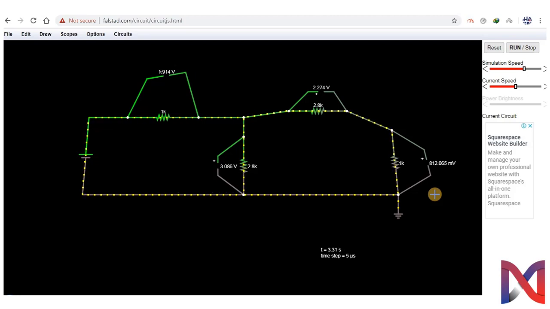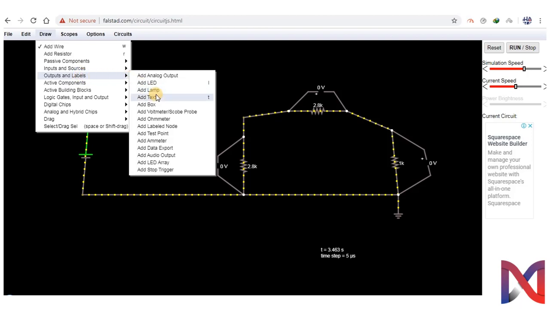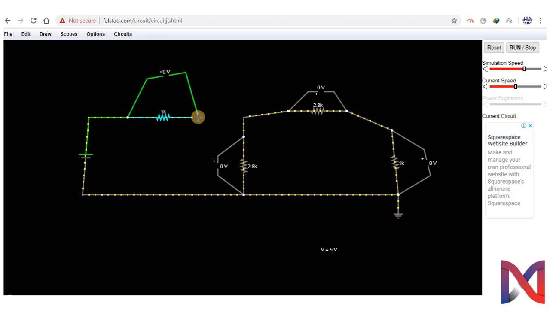Now we will add our ammeters at 3 points. The first point will be here, the second will be here, and the third point will be there. We first delete this node. We'll go to draw, outputs and labels, and we will place an ammeter here.